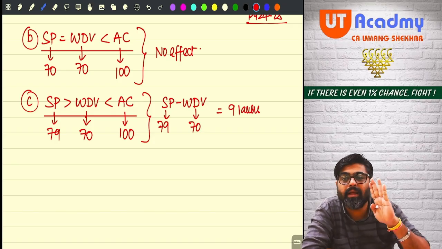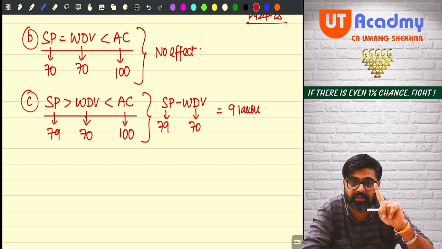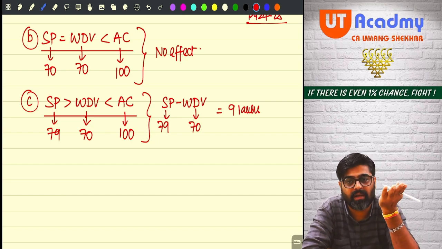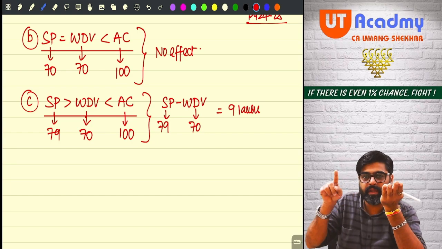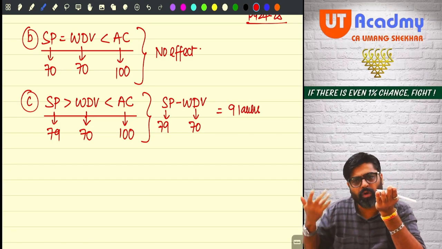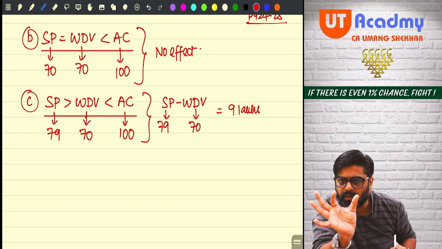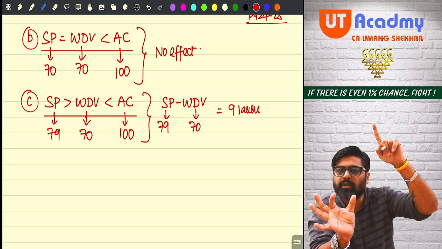This 9 lakh is coming out of your depreciation. Meaning that, please pay attention. 100 lakh was the cost. You sold the asset for how much? 79. Forget 79. You also forget. We will also forget. How much is the balance cost remaining? 21 only, no? So you should have taken the 21 lakh